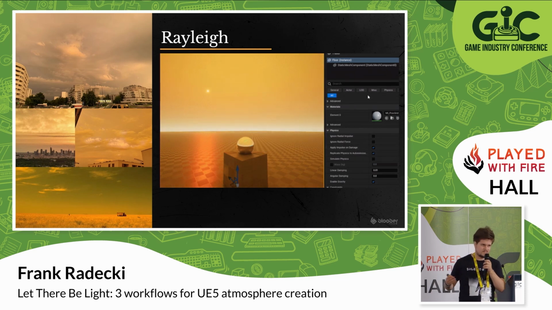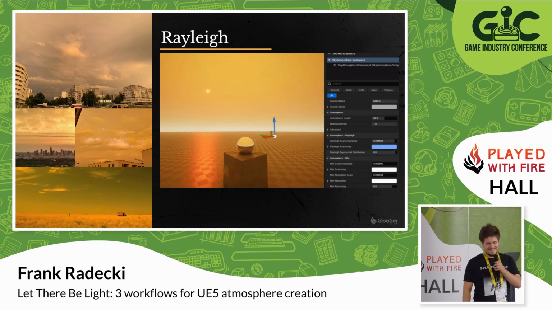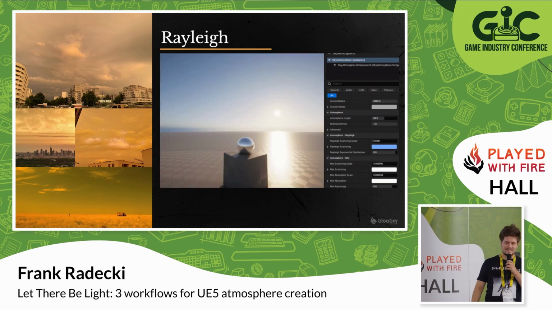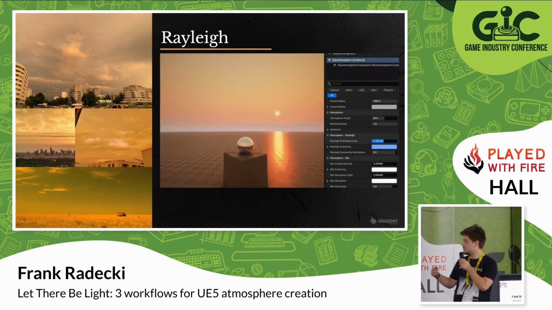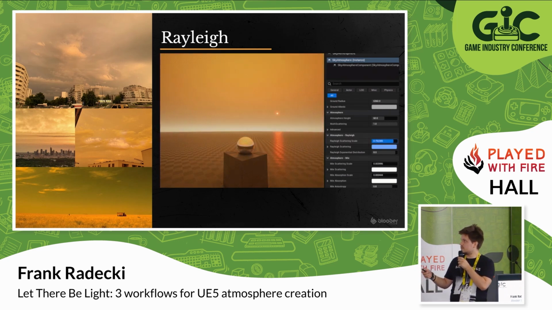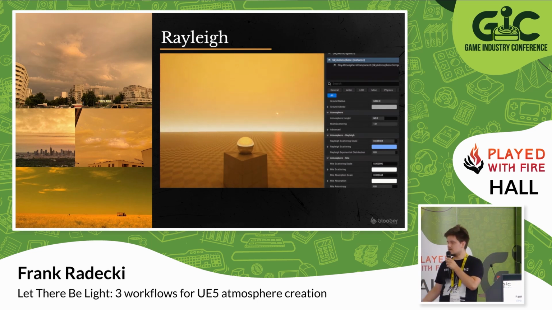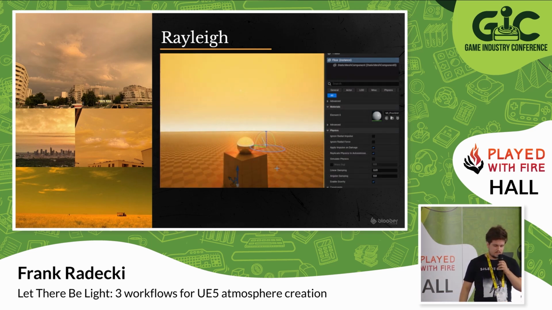That's unreal, it's not the real world. So the light travels a little longer through the atmosphere, so it loses more of the bluish color, so it's more yellow. So if you want to create, as I said before, a more yellow atmosphere, a more dense atmosphere, or your scene is just happening in Mexico,